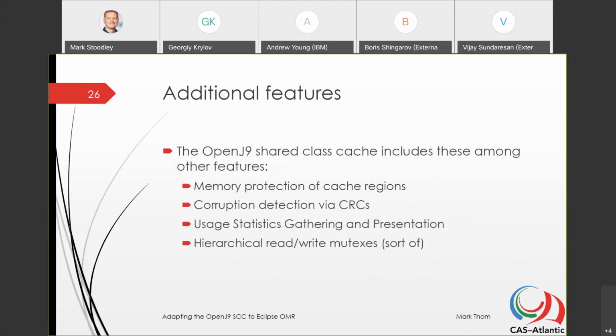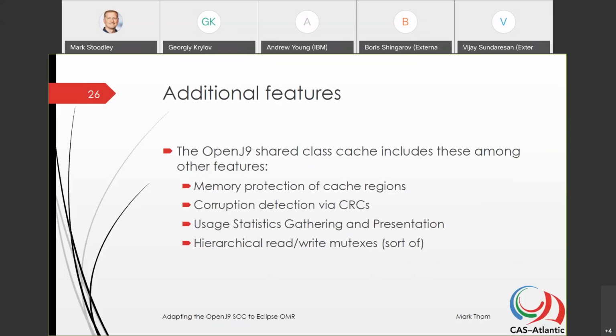Lastly, as far as the refactored cache goes, I mentioned additional features. In my view, the cache is primarily about storing, finding data, and coordinating access to data through different means of synchronization. That's its core functionality, and everything on top of that is essentially just gravy, depending on what you view as being essential. So the OpenJ9 shared class subsumes all of these additional features among many others, but